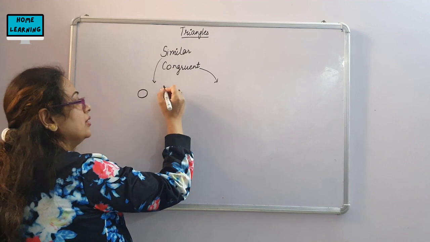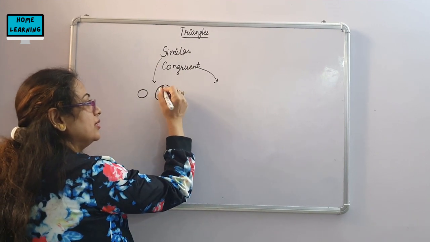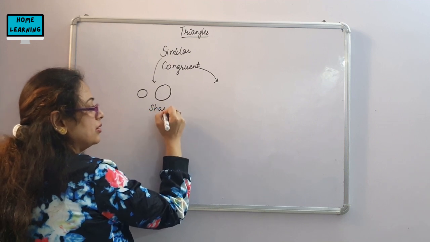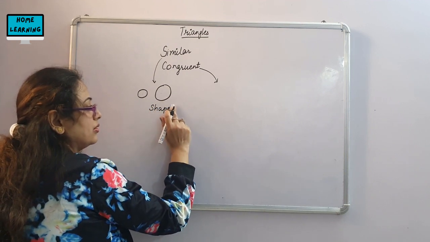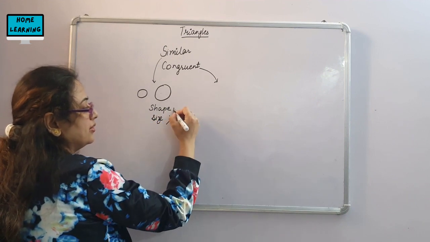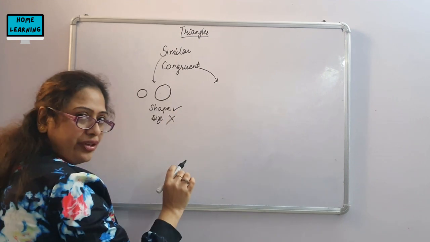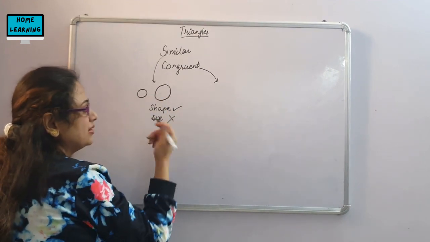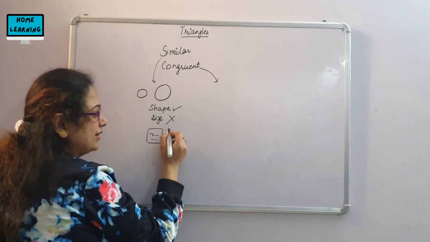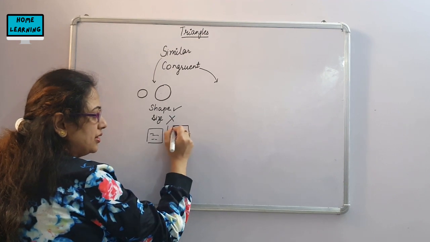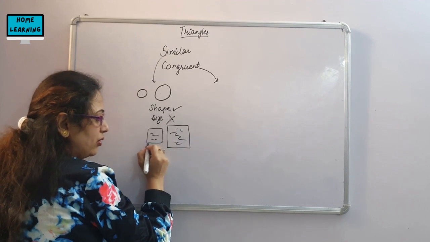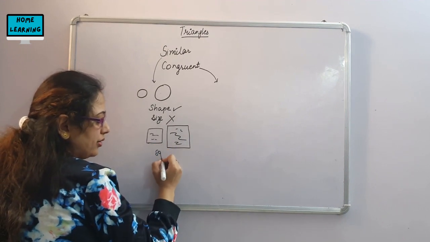This is one circle and this is another circle. These two have the same shape but their size is different. When the size is different and the shape is the same, this means it is in different proportion. Like there is a picture and the same picture appears in different proportion. It is a square only. Both of them are squares.